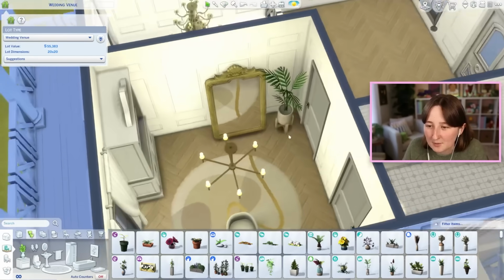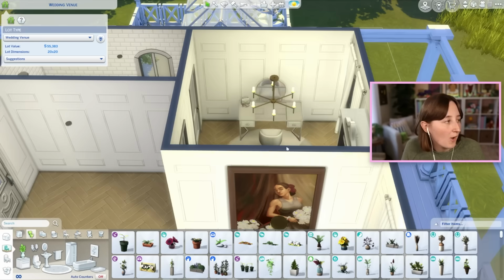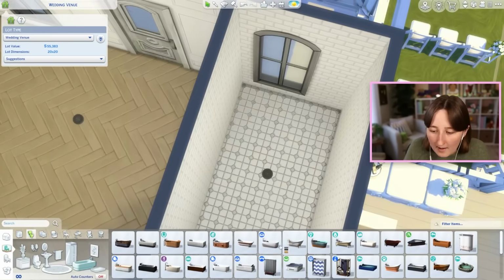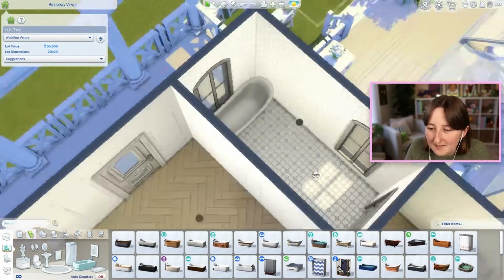I think I might try this one. Oh, that does not fit very well right there. Oh, but you could totally get ready in this room. That's perfect. And then in the bathroom, I think I'm gonna give them a bathtub, basically stemming from the fact